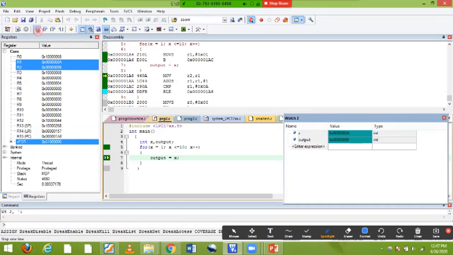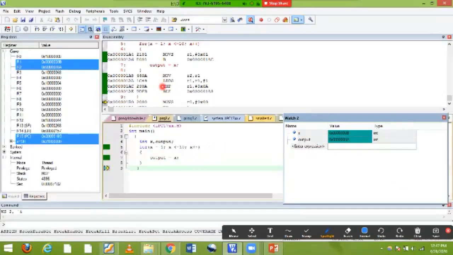Okay, next it is 10, A. It is not a bother because the instruction is executing, x plus plus also is not a problem. Output is A. So once it is A, it will come out of the loop. You can see that it will come out of the loop. So here is the process, it repeats continuously. This is the execution of the for loop.